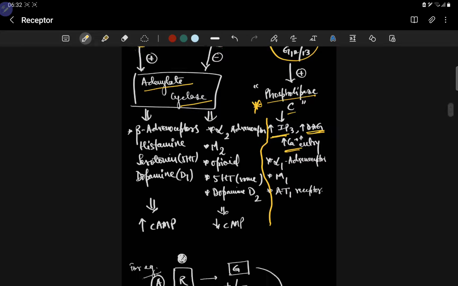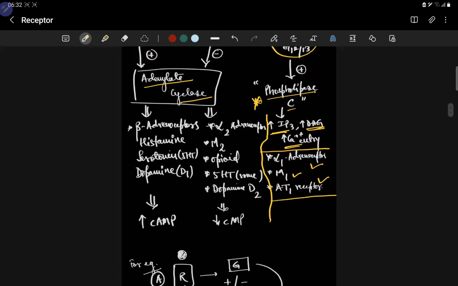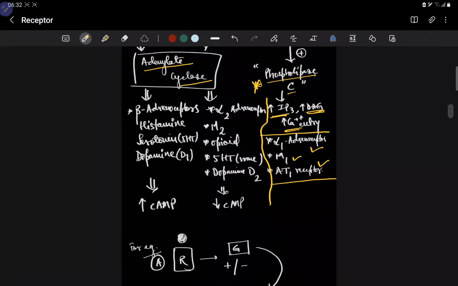Okay, as well as the most important thing is it acts on these 3 receptors, that is angiotensin 1 receptor, M1 receptor, alpha 1 adreno receptor. Okay, this is phospholipase C for you. Now adenylate cyclase